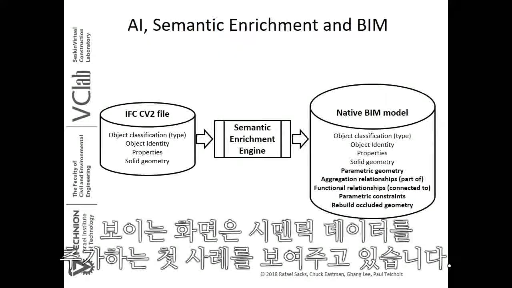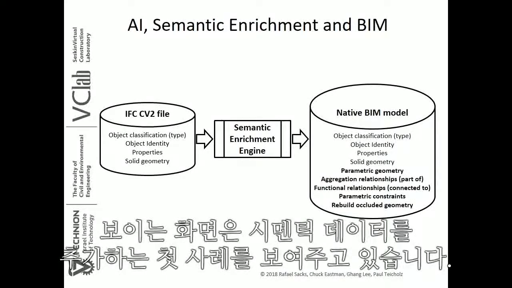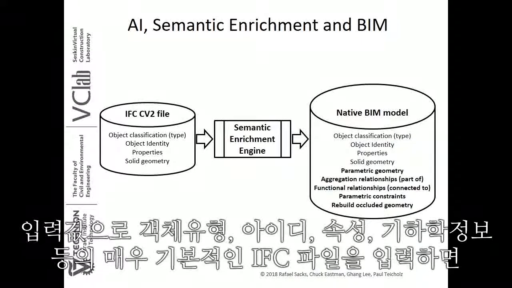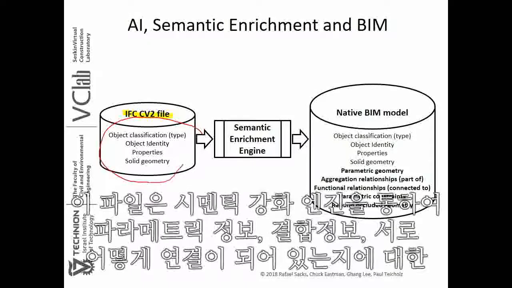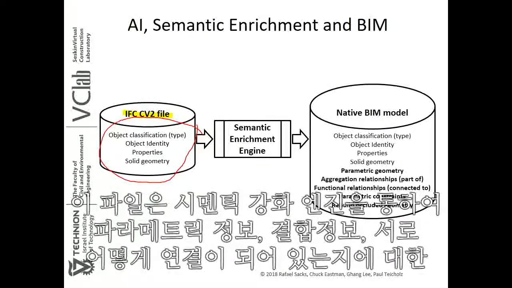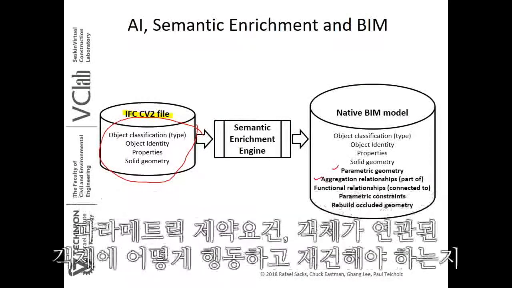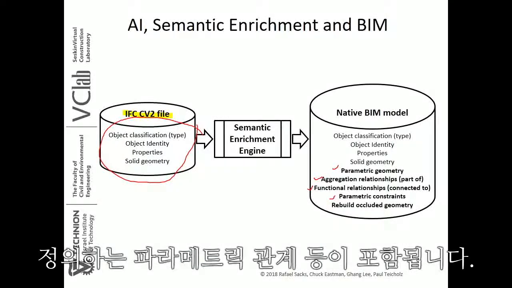The image that you see here expresses the idea from the first work that was done on semantic enrichment, where the input was an IFC file, but a very basic IFC file. You see that it contains only object classification, object identity, properties, and solid geometry. But then it undergoes processing through a semantic enrichment engine to add on many other things: parametric geometry, aggregation relationships, functional relationships like things which are connected to one another, various parametric constraints that reflect how things should behave in relation to one another, and also the ability to rebuild occluded geometry, where that might have been,